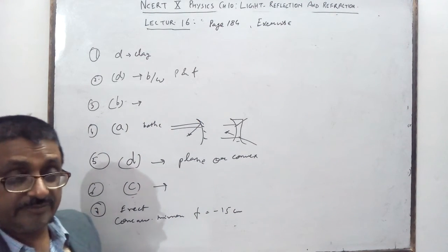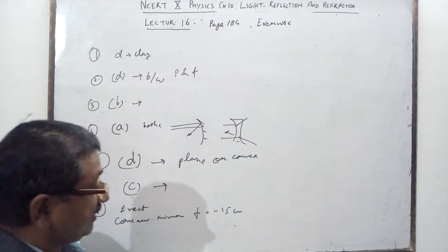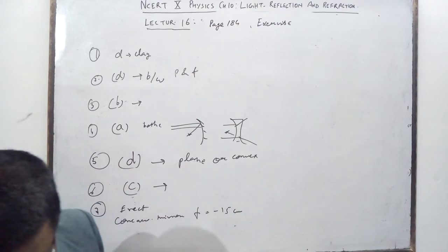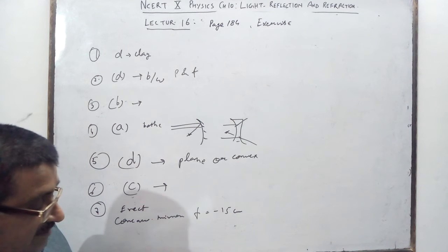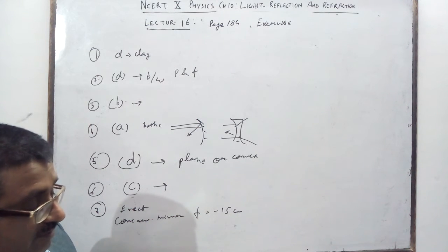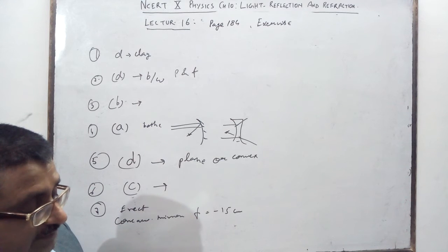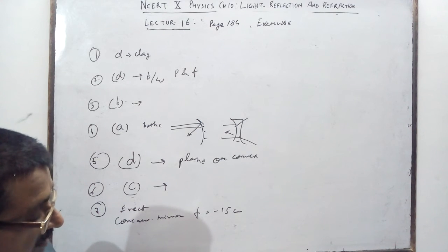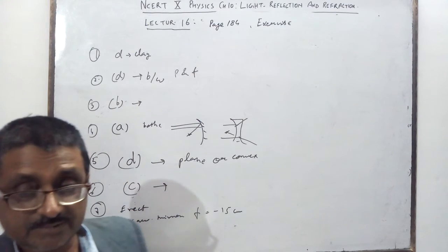Concave mirror with focal length 15 centimeter. What should be the range of distance of the object from the mirror? You want the erect image. Erect image will be formed